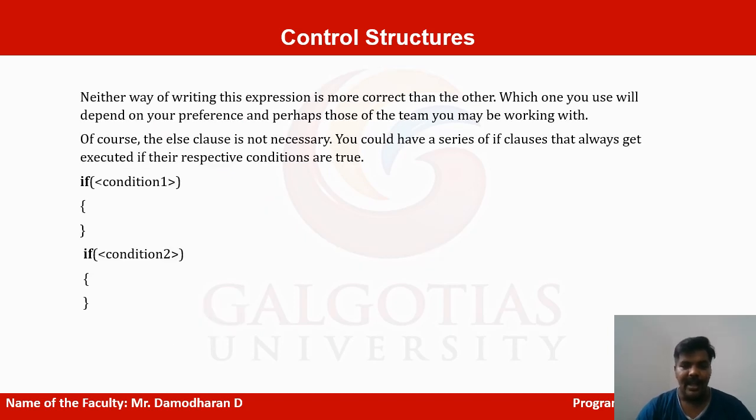Okay, the next one is nested if. Nested means twice: when the same kind of condition works continuously two times, we can say it is nested. First the condition is checked here. If the condition is satisfied, we do it here, otherwise we check the second condition. So this condition works twice. Either operation, if it is correct, it is done. If it is wrong, we do the next condition.